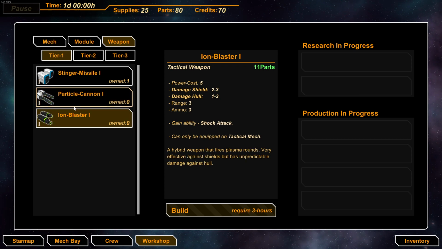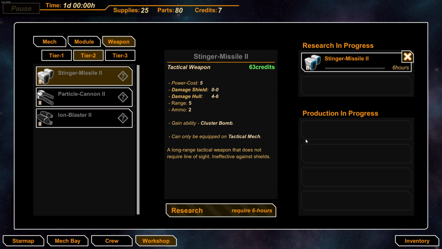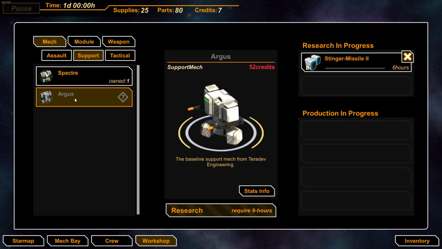I don't know, we just don't have the power right now. The only power we'd have is for the Stinger missile 2. We can research that though. And looks like there's 2 slots for research, so we could research something else. Maybe, I don't know if these...